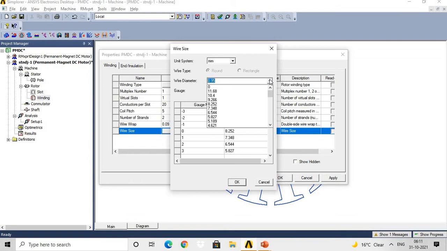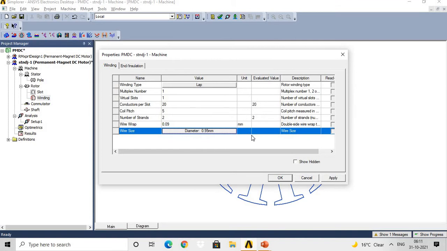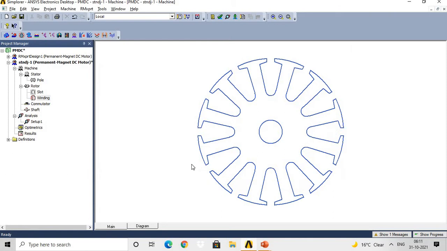Right now we have selected the 0.95 mm. Then if you want, you can select the gauge of the wire, like user or auto or mixed, etc. That means you can select the wire size as per your requirement or possibility of current flowing through the winding. Then enter apply button and OK.